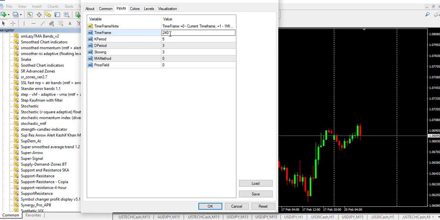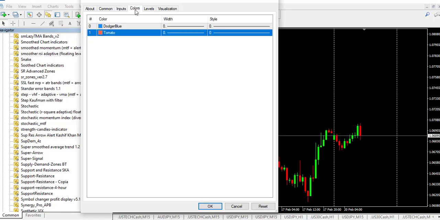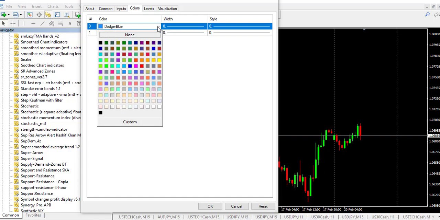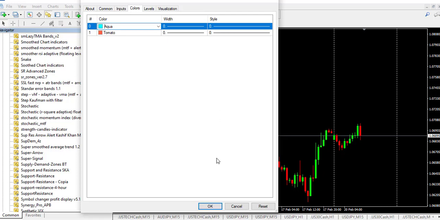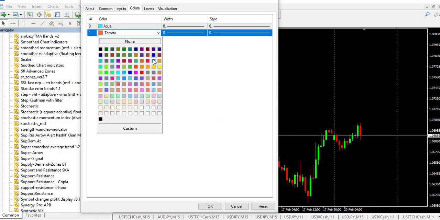Then this is the first setting for the first indicator, and change the color to 453300 for this Forex indicator. And this is where I change the color, and you can do the same thing also if you want to do it that way. I change the color here, and this is